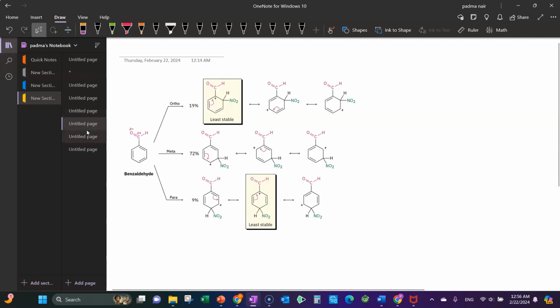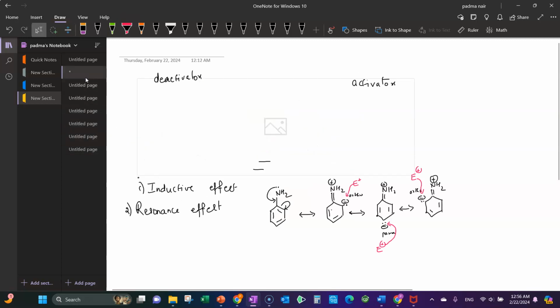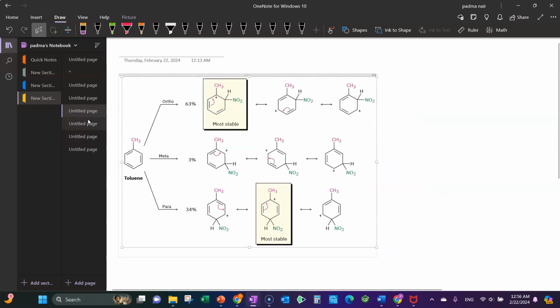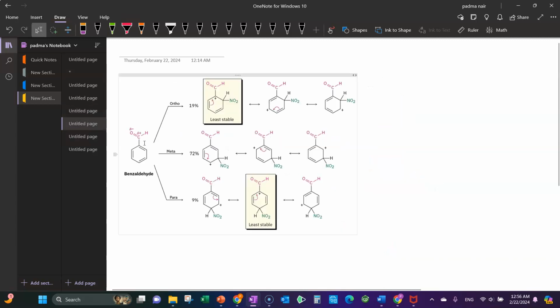Okay. If you look at a meta director, going back to the page where we looked at some meta directors, all these ones in blue are the meta directors. If you take an example of that, we can see why groups like CHO or carboxylic acids are meta directors. So similar to the previous example, we will take a scenario where the incoming group is